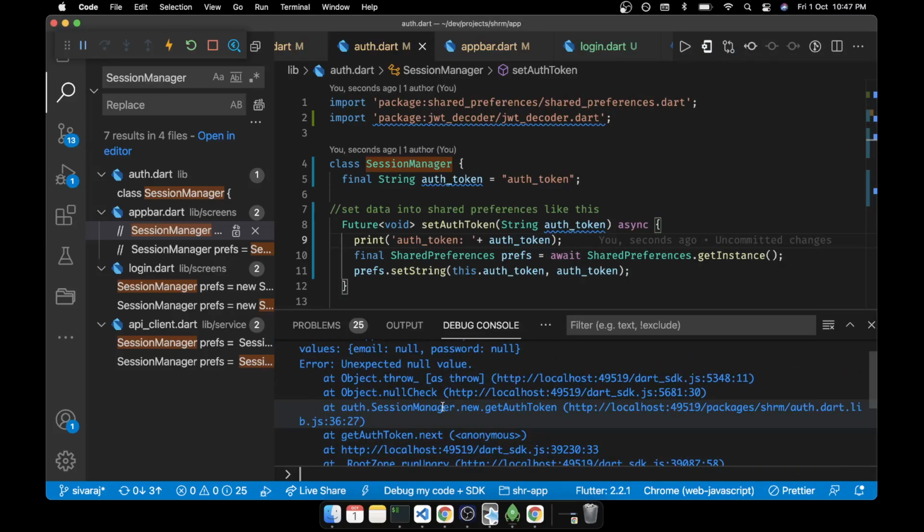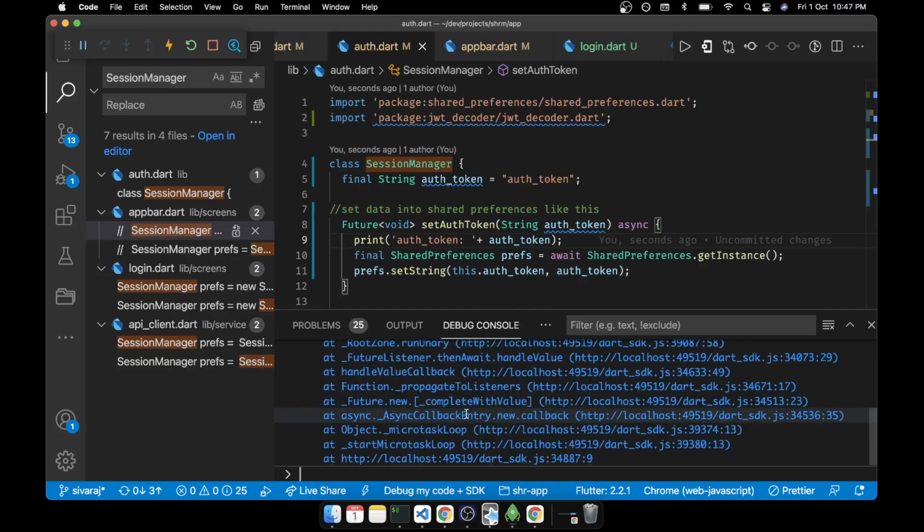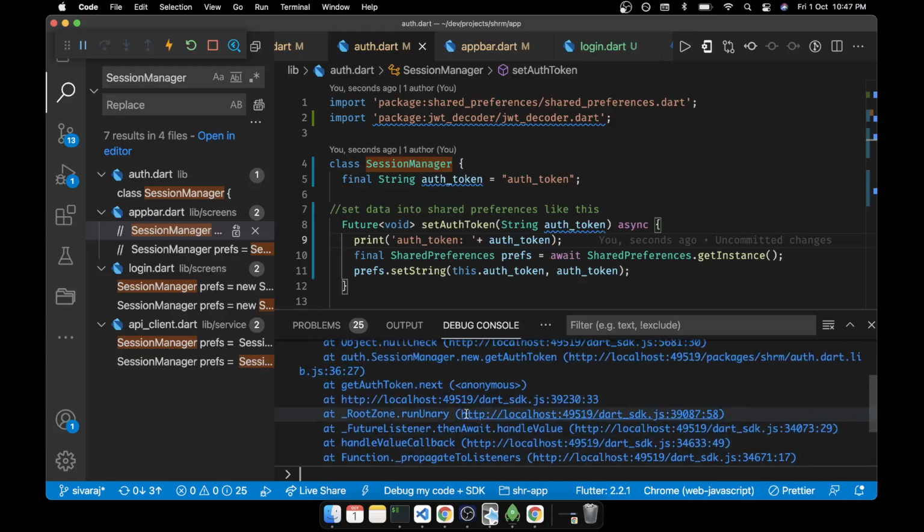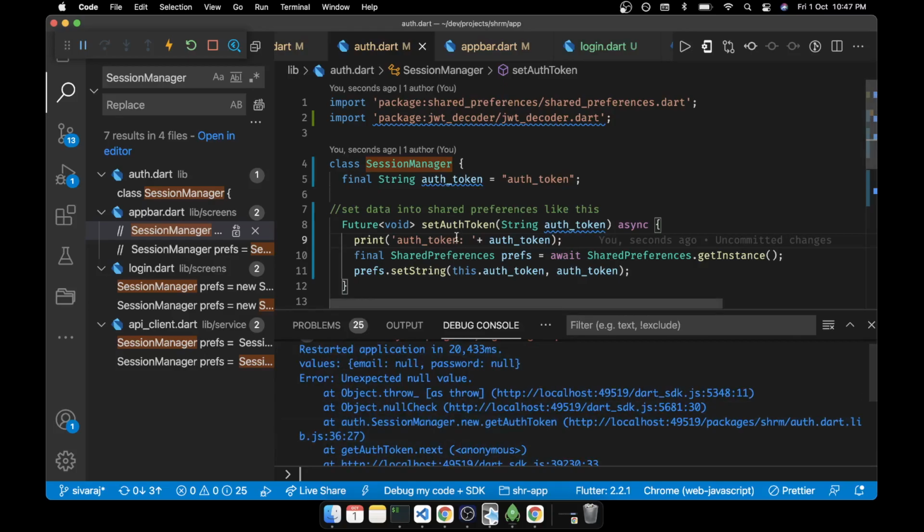Unexpected null value. The same thing we got last time, no? What have we done? Unexpected.